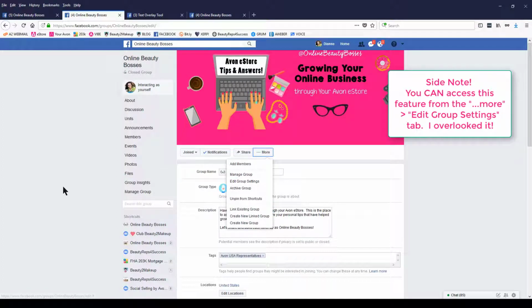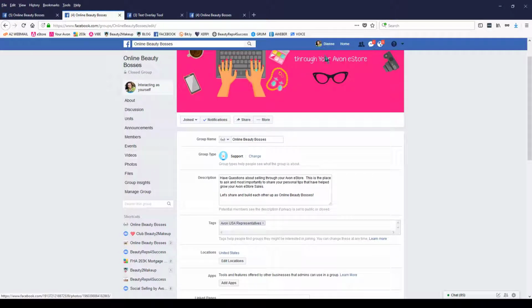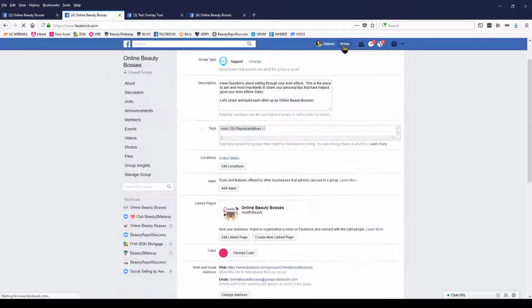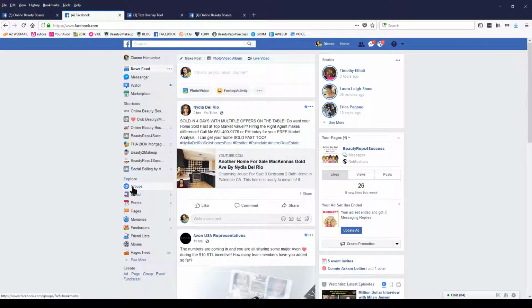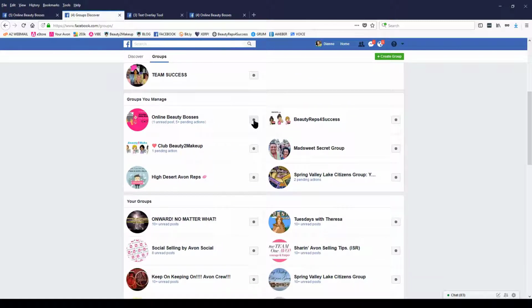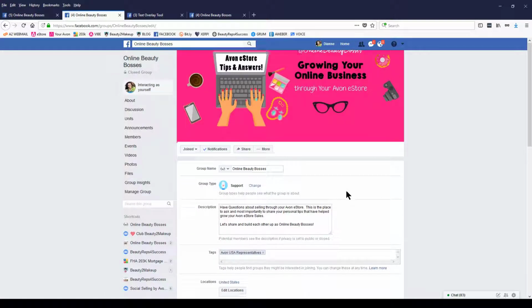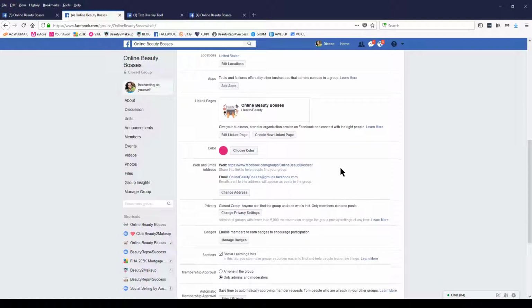The place where I found it was on my sidebar, shortcut. So if you go to your home and then you go to groups where it says explore, if you go to groups, then you'll see the groups that you manage. And if you click the little gear here, and you go to edit group settings, this is where you add your description, your icon,